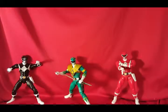Okay, so I'm gonna give my honest opinion about these figures. Even though this one was on my top figures of 2016, I do have some dislikes about this figure. Really about all of them, I would probably say, except for the Black Ranger. But I do have some dislikes about him as well. So I'm going to start with the dislikes. So first things first,